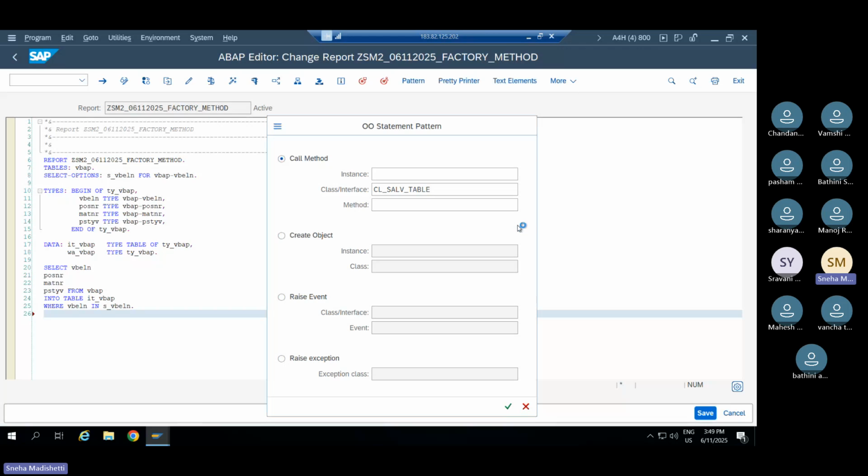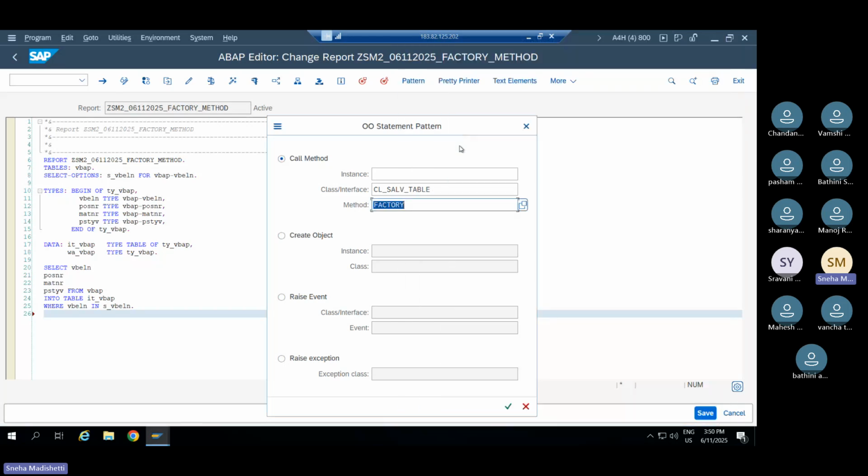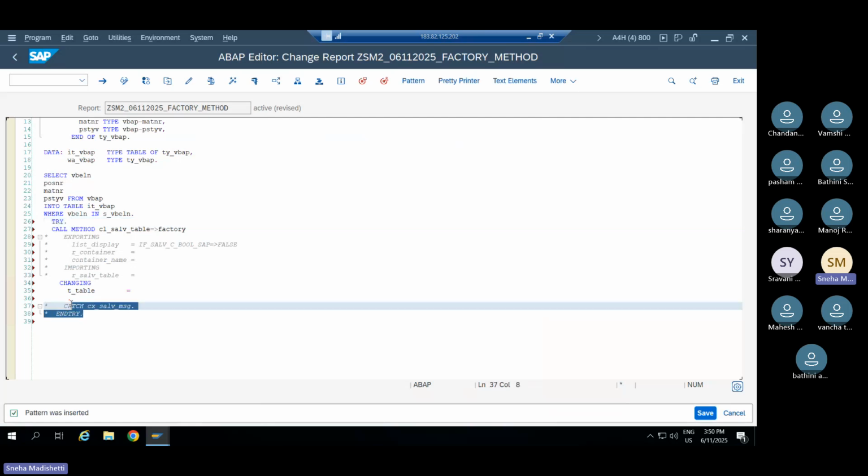So you can choose F4 for help. We have to call the factory method. Double click on it. Now after that, press enter. So now we have called the factory method. Better to uncomment this try, catch, and endtry. So this is like an exception, like whenever we have used function modules or